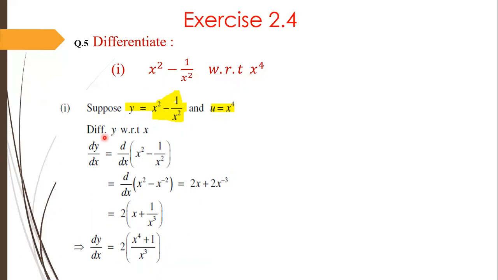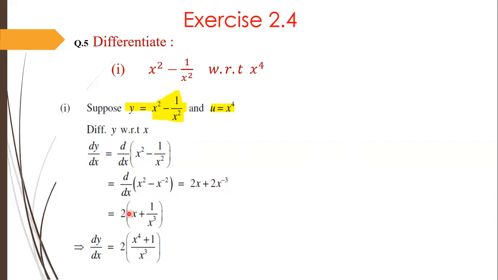And we will have to differentiate y with respect to x, because here x is independent and y is dependent variable. So dy by dx is equal to d by dx of x square minus 1 over x square. Minus 1 over x square can be written as minus x raised to power minus 2. Now apply the power rule on x square, it will become 2x, and when applied on the minus x raised to power minus 2, with the power rule, we reduce the power by one, the minus and minus combine to give plus, and the power minus 2 minus 1 is minus 3.